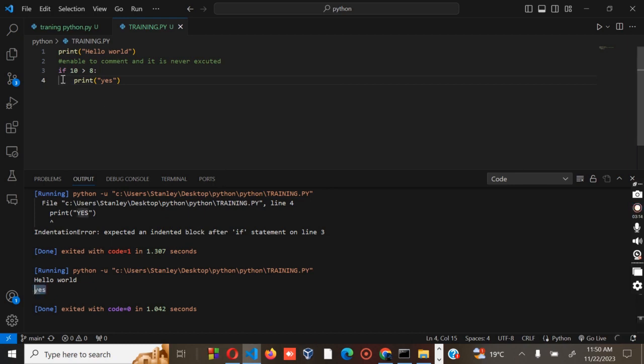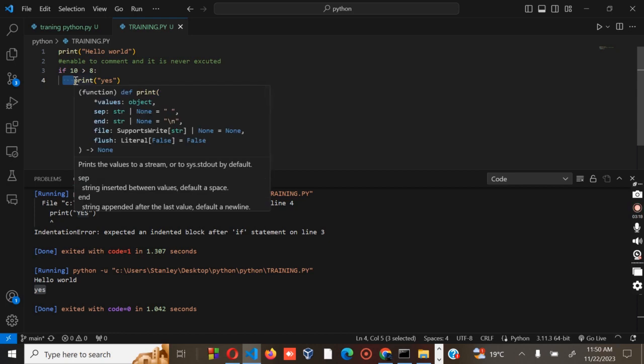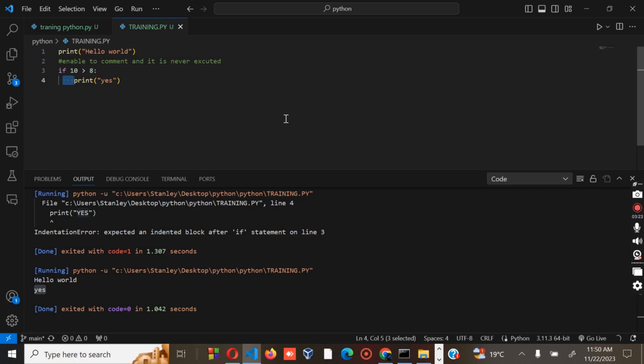The most important part is that we have learned that the space in between is what we refer to as an indentation, and it must always be there in Python. Otherwise, the code will not run. Also, you need to note that the space should be at least one, and you have to use the same number of spaces in the same block of code, otherwise Python will give you an error.